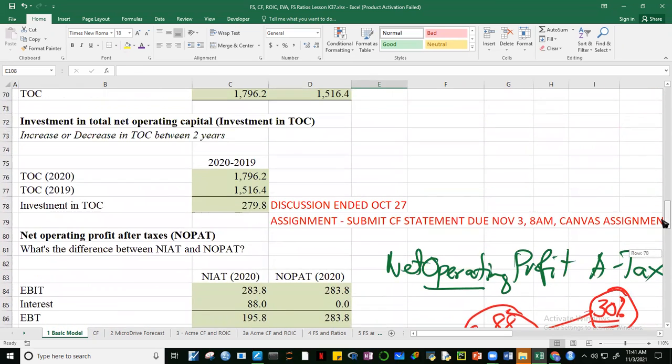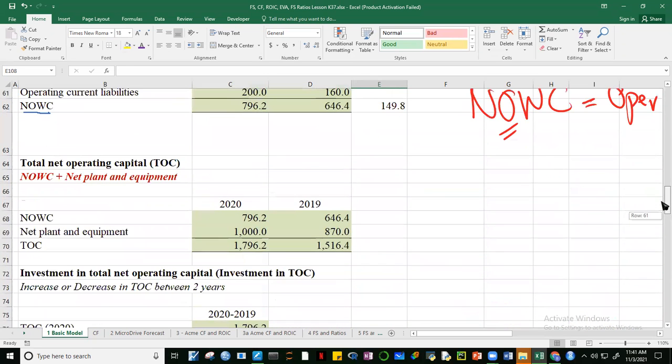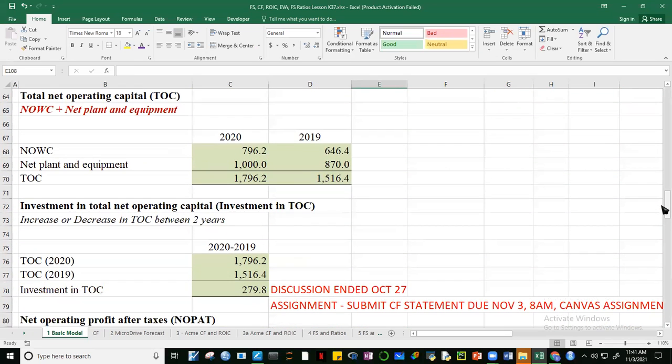Now we can get that from this one, investment in TOC. Okay, take note, guys, that at the beginning of the year, the company had TOC, total operating capital, of 1516. Okay. At the end of the year, they had 1796. So there was an increase, okay, in total operating capital. In fact, I think, did we compute this a while ago? The increase in total operating capital was,